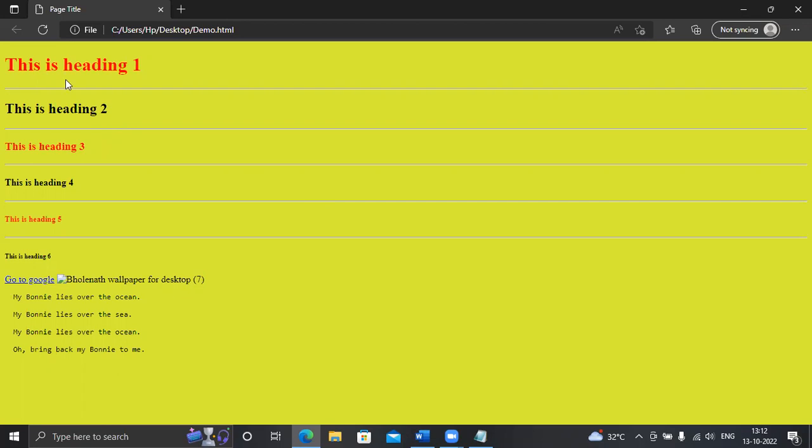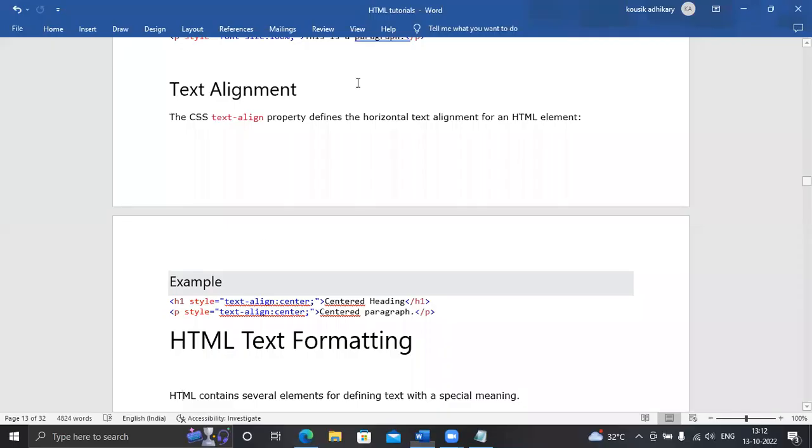If you want to move it to the right or to the middle, how can you do it? By using the text align. Using the text align, you can change the position of your text.